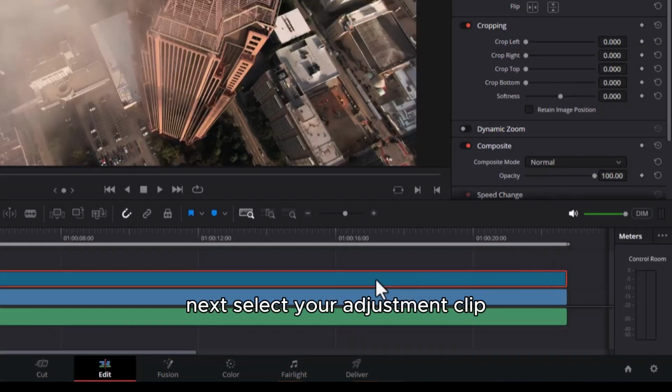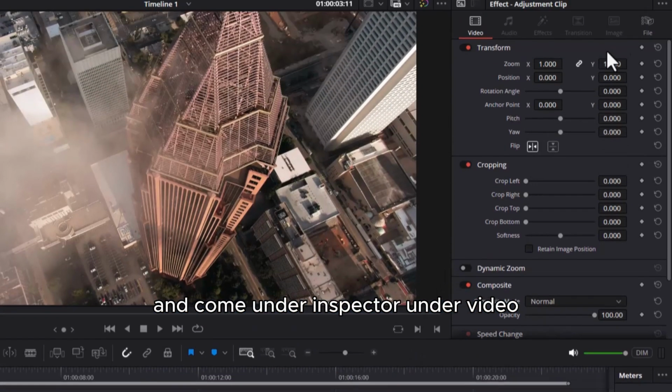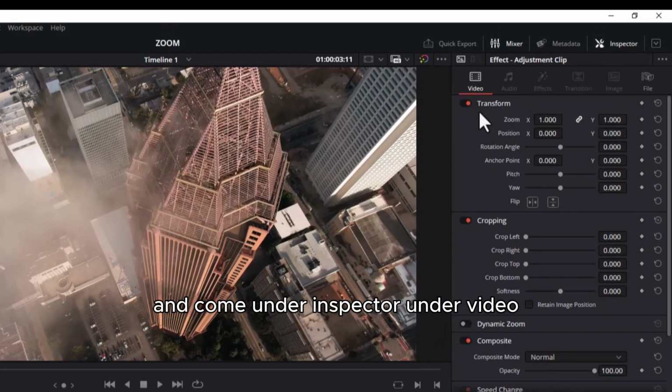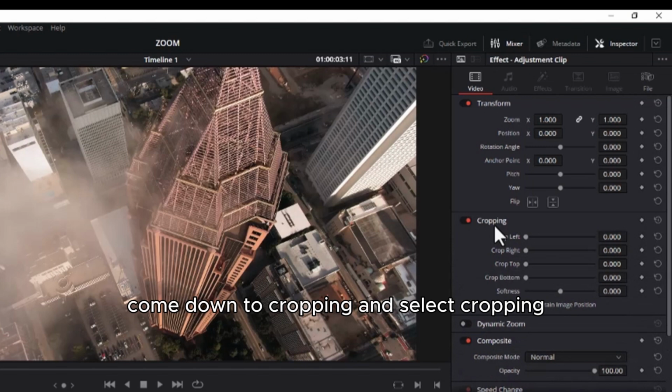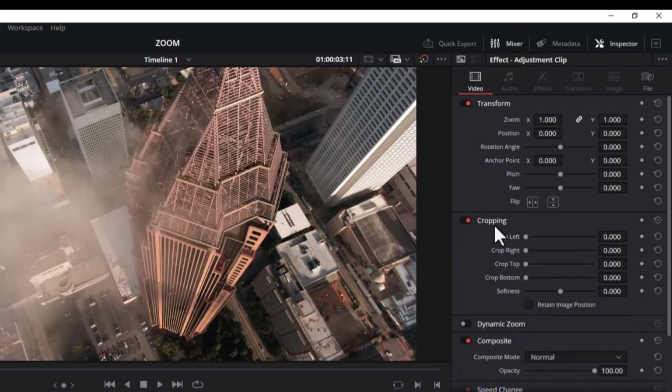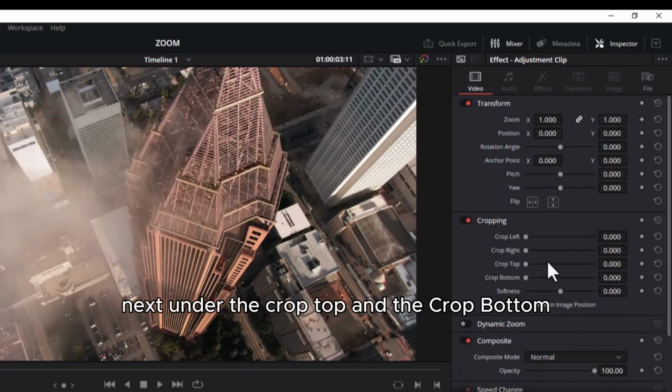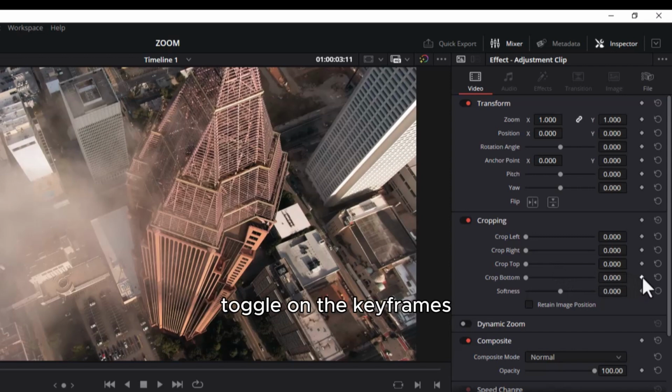Next, select your adjustment clip and come under Inspector, under Video, come down to Cropping and select Cropping. Next, under the crop top and the crop bottom, toggle on the keyframes next to the crop top and the crop bottom